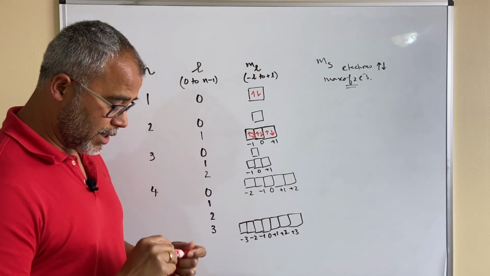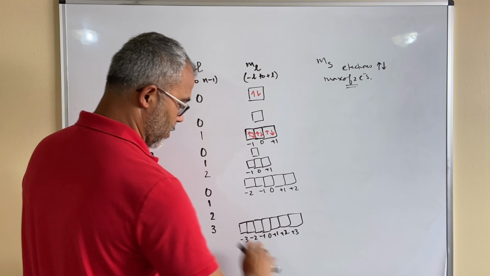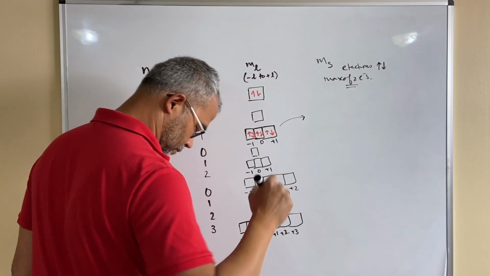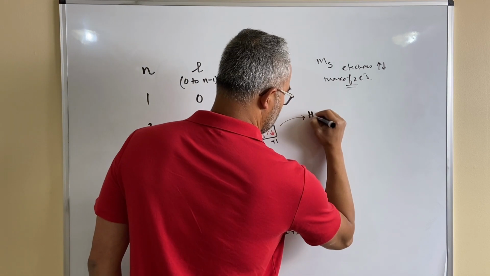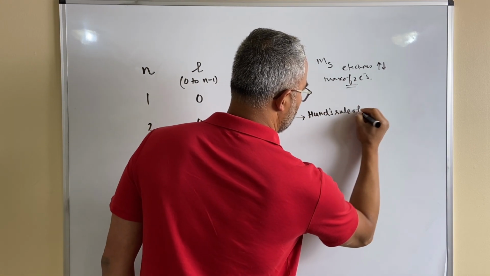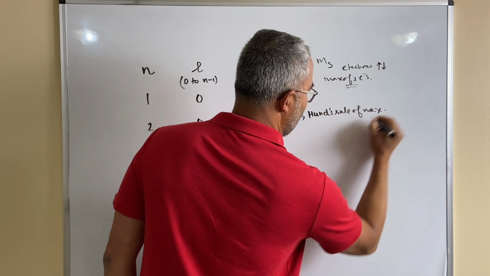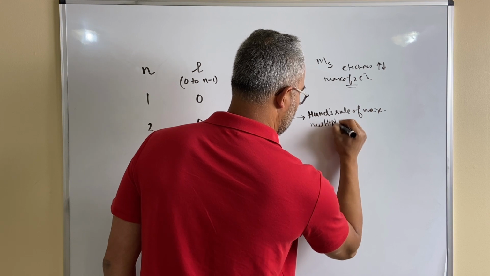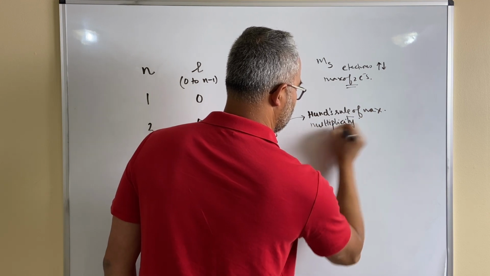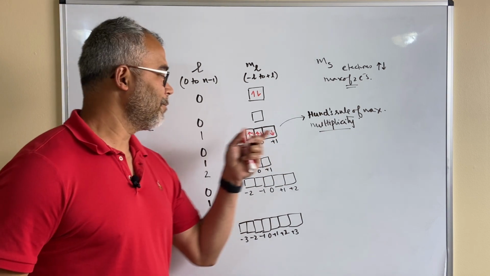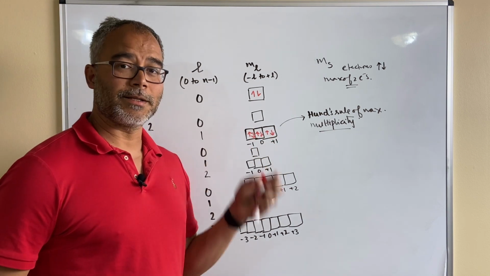This is dictated by a rule, and the rule is called Hund's rule of maximum multiplicity. And the rule simply states that when you're trying to fill up these little boxes, by the way, these